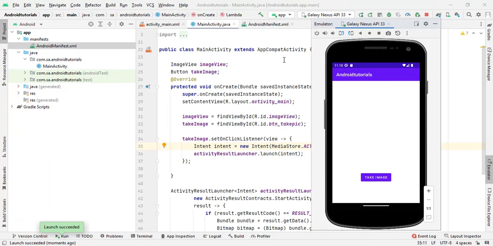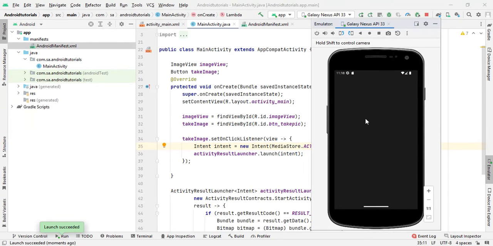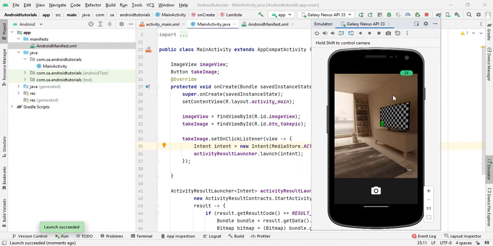So our application is now installed. Now click on take image. It will open the camera. The camera is now open. Basically it's the default screen of the default camera of the emulator. When we use any physical device, it will show the real image. So now when I click on the capture,